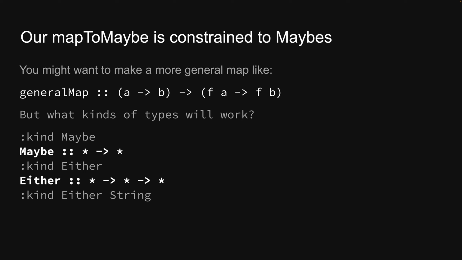Anybody have an idea? Yep. So it would look like either string that is of type star to star, which is just like the maybe type up here. So the star to star, and